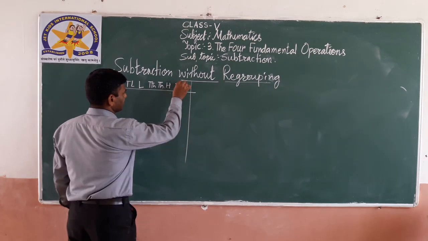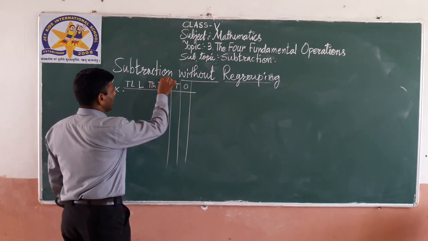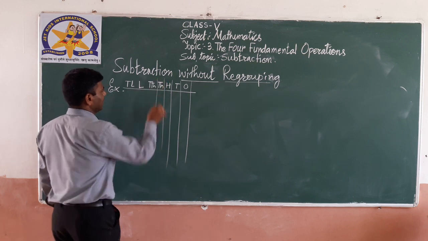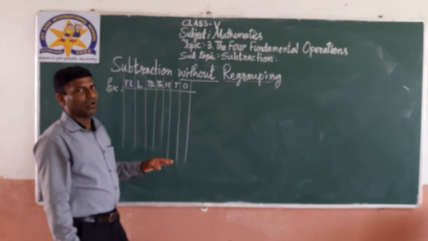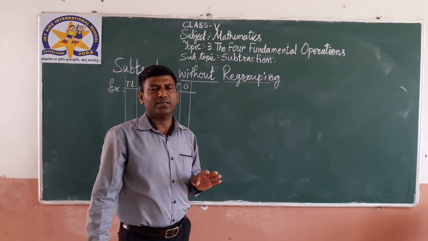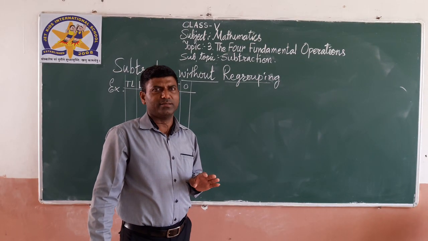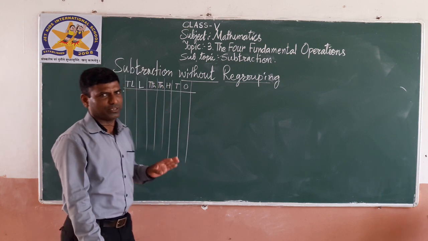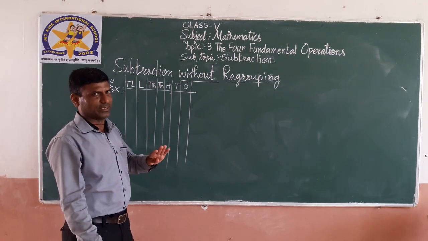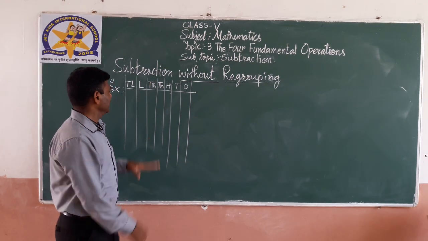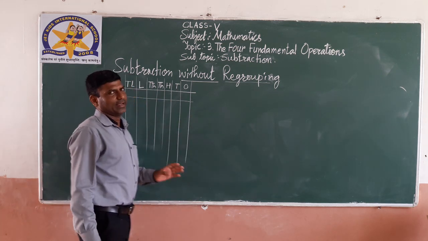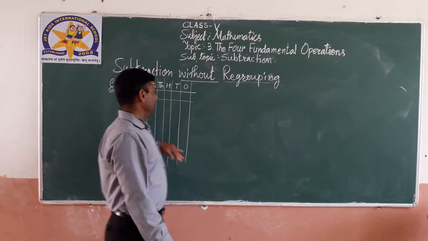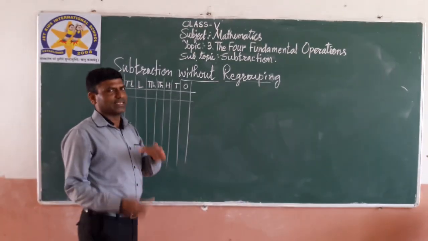Understand? You have to draw this with a pencil, with a soft hand, and use a faint pencil. Don't use an HB pencil. H to H, it's a faint pencil. First column we have to leave for carry, and in the second you have to write. Let's take one example.